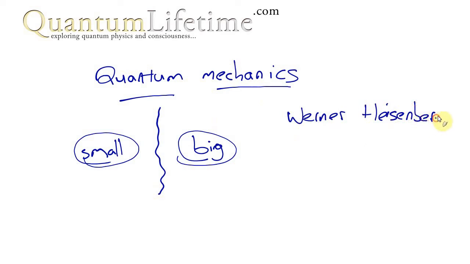Quantum mechanics was then reformulated with an equivalent mathematical formulation by Erwin Schrödinger. Werner Heisenberg's formulation we call matrix mechanics, and Schrödinger's formulation we call wave mechanics. And although wave mechanics is more popular, I think it's Werner Heisenberg's formulation that's in some ways